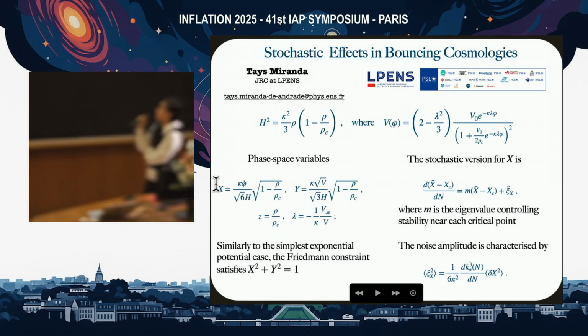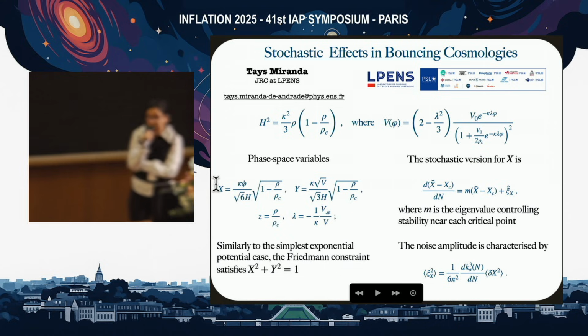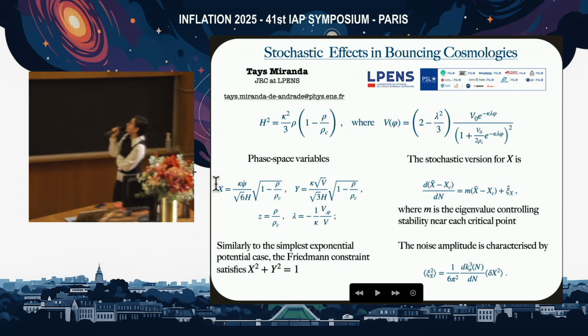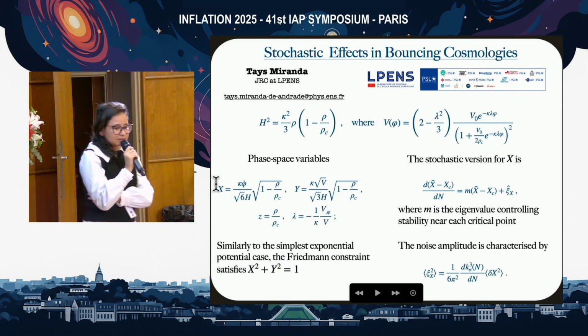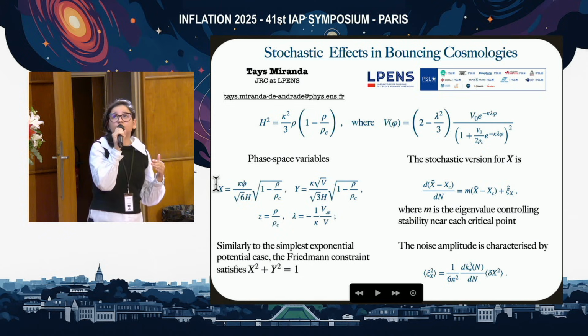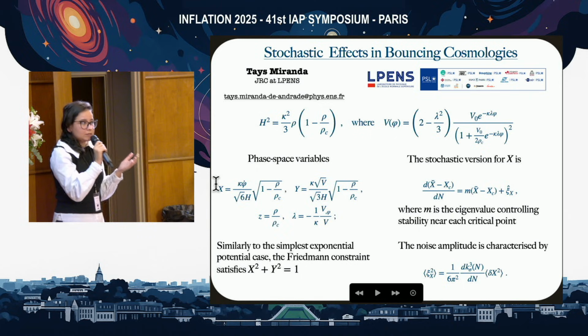So we start from an effective Friedmann equation which accommodates a bounce. You can see that when rho over rho critical is 1, then H is equal to 0, and this represents the bounce, but you can also have a contracting universe and an expanding universe. Since this effective Friedmann equation changes the time dependence near the bounce, our main question is what is the